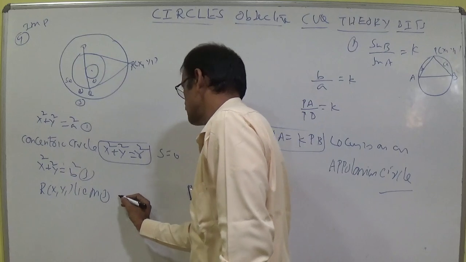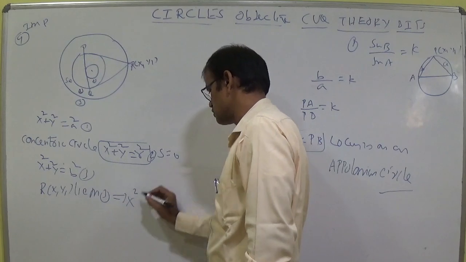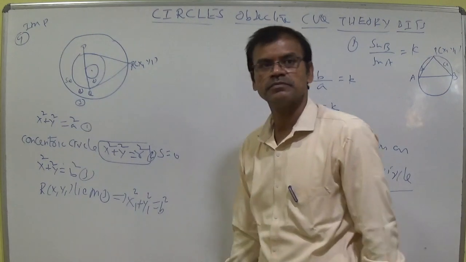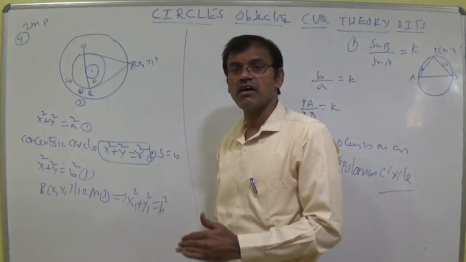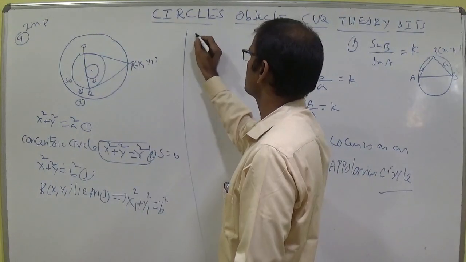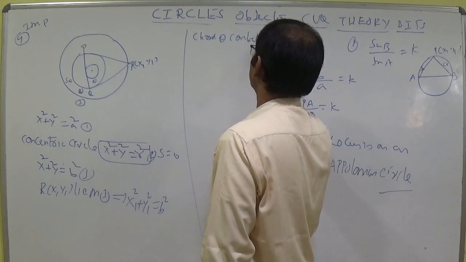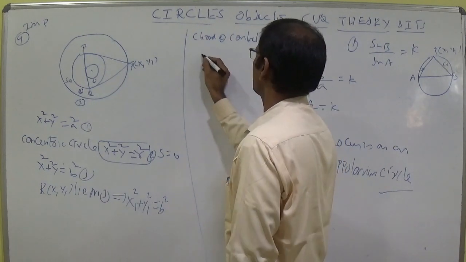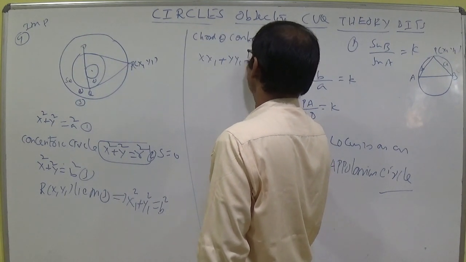This is 3. That implies, this is the second one, which we needed to calculate. So you substitute here, x1 square plus y1 square is equal to b square. If we draw the chord of contact to the circle x square plus y square equal to r square, this PQ is nothing but the chord of contact. The chord of contact of the concentric circle x square plus y square equal to r square has the formula x x1 plus y y1 minus r square equal to 0.